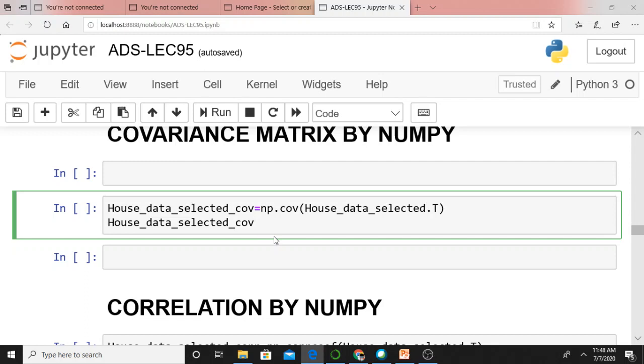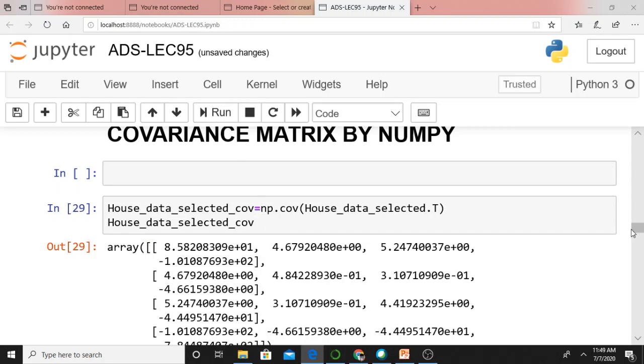NumPy offers a function exactly for this: np.cov, where np is an alias for NumPy. This is my data frame name, house_data_selected. For better visualization I am taking the transpose. .T means you will get the transpose of it. I discussed this transpose a lot in the initial days. I am displaying that covariance matrix.